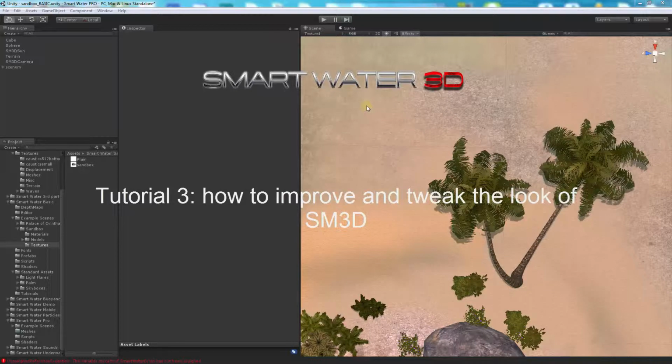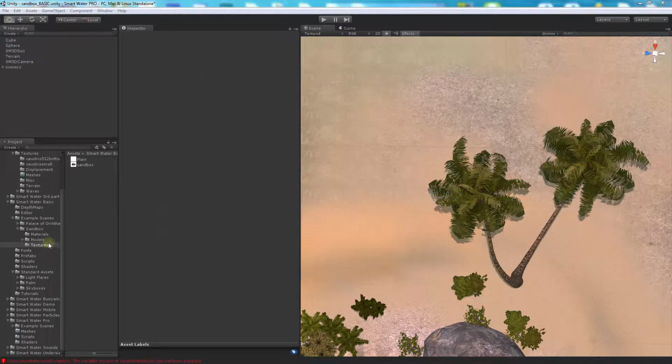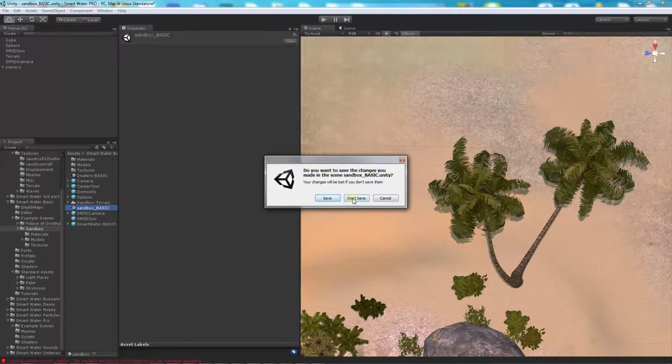Hello and welcome in this third tutorial where I will explain how to improve the look of your smart water. And I will start again where I was when I did the second tutorial. That means in the sandbox here, loading the sandbox basic,